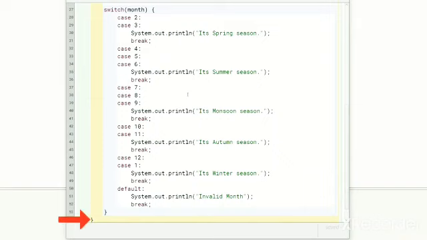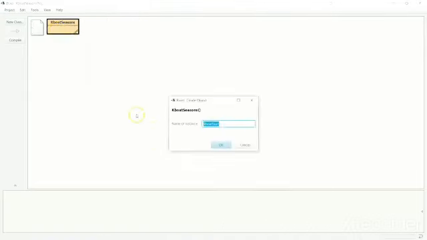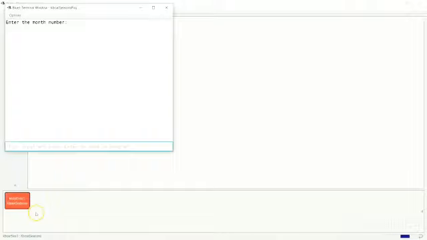Using the fall through behavior of switch statement, I can make this program concise by not repeating the same println statement in the case of each month that maps to the same season. I will show the execution of the program now with a few different months as input. First I'll compile the class. Then I'll create a new object of the class. Using this object, I will execute the print season method.